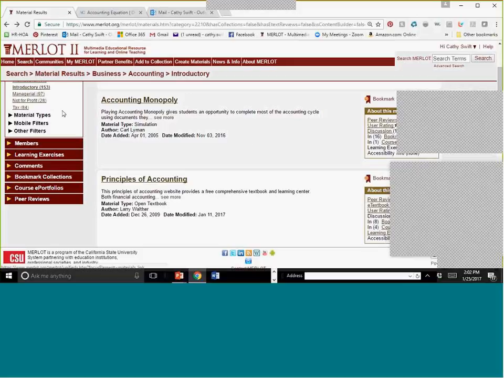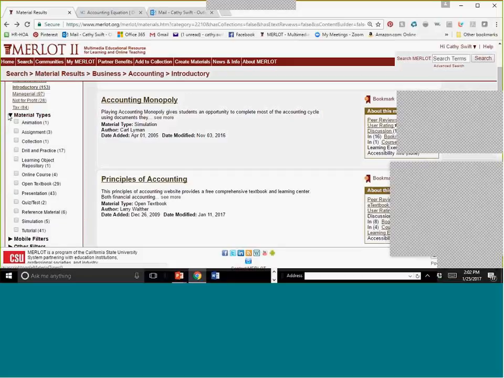And just for Maureen's sake, since we are in introductory accounting, I went over here to the left, and there's a drop-down list called material types. If you only want online courses in introductory accounting, use that box, and it'll provide the online courses that we have. Many institutions, Berkeley, we've got some IT courses. Some are probably too hard for me, but I might want to look at what they're doing and adjust something in what I'm doing.